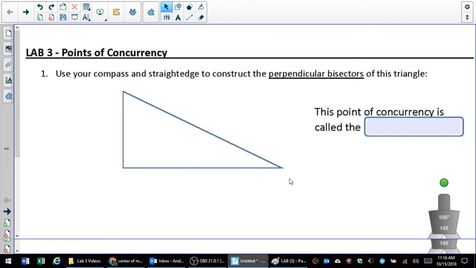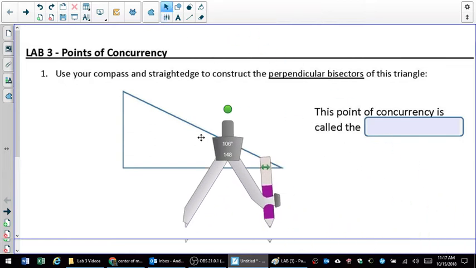This is lab 3, points of concurrency. And this says use your compass and straight edge to construct the perpendicular bisectors of this triangle. So you have to think back to our first chapter when we used the compass and straight edge